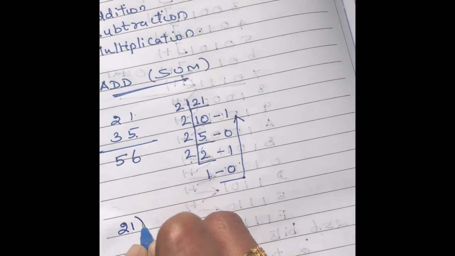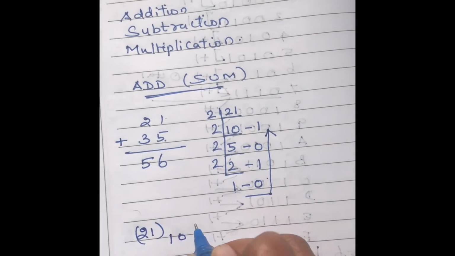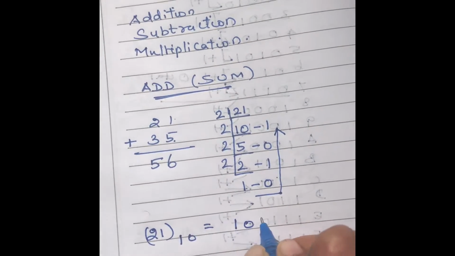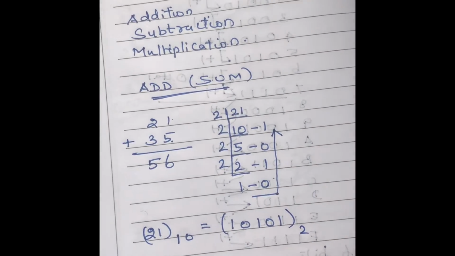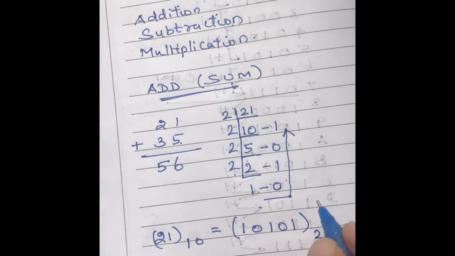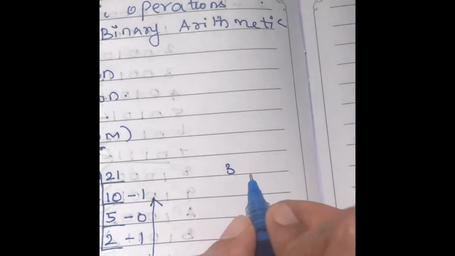So this is the decimal number system, which is converted into 10101. I am starting from here. This is the binary system, equivalent to 21. Similarly for 35,